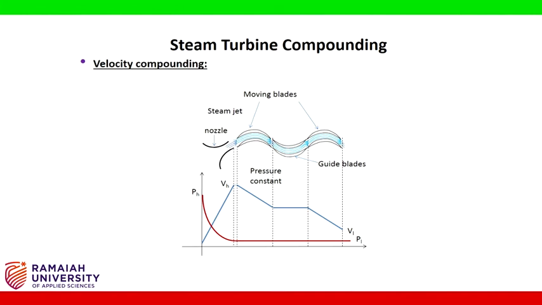Velocity compounding. Steam loses its kinetic energy to the rotor while passing through more than one row of moving blades. The pressure drops across the nozzle and steam reaches its maximum velocity at the nozzle exit. The velocity then reduces over two or more rows of moving blades separated by guide vanes. As the high-speed steam passes through the stages, it loses its kinetic energy to the moving blades and its velocity